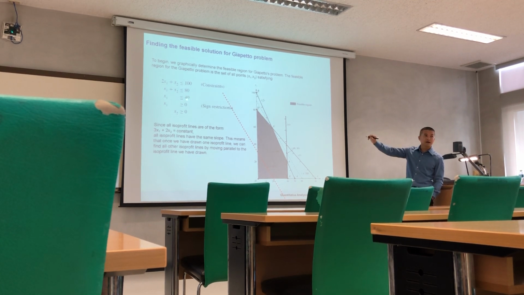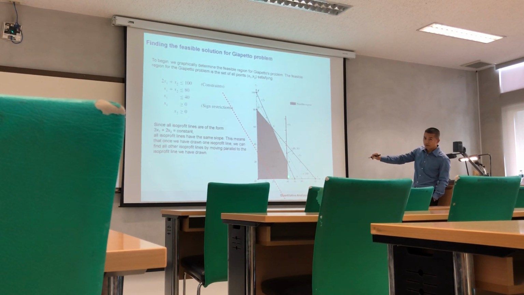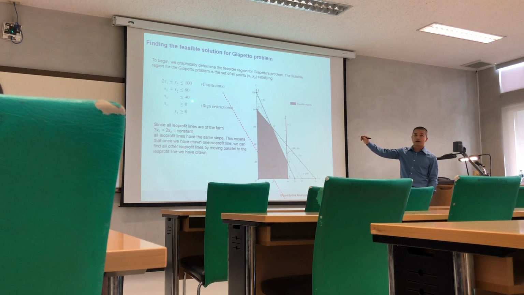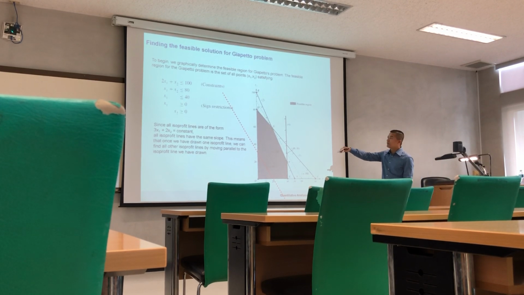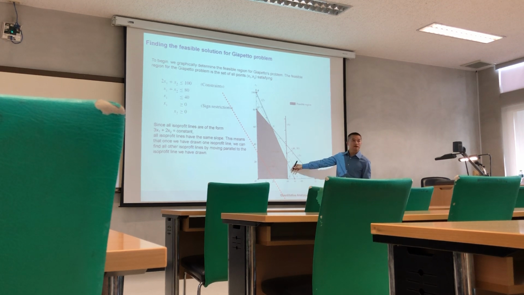The next one, x1 less than or equal to 40, this line. And anything to the left would satisfy x1 less than or equal to 40. So when you combine all these constraints, you find the intersections of